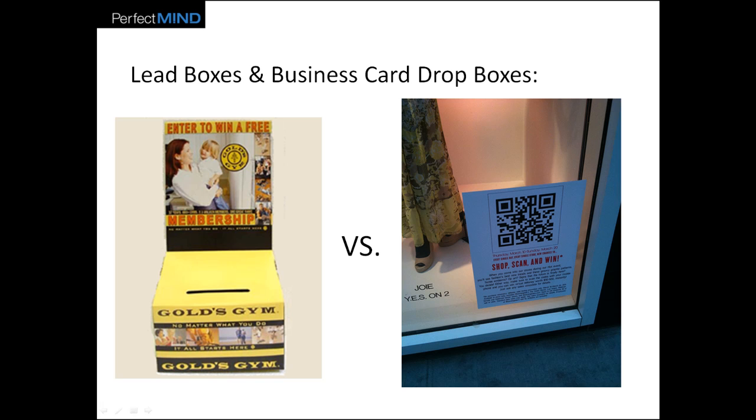Look on the right hand side. This is the new replacement. It's a QR code contest. The first thing you should notice is that it's not even inside the store. People, as they walk by, can actually scan it through the window, and they can provide their information instantaneously. It doesn't require anyone to go and gather those particular lead forms or business cards and enter the information in after the fact. It's actually added to a central contact manager,